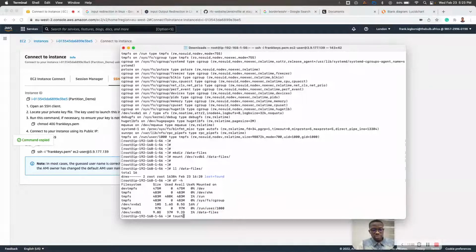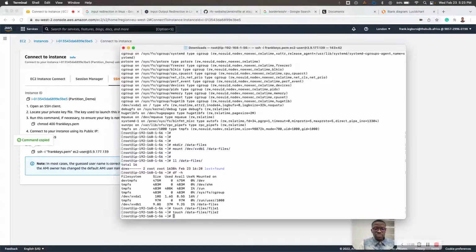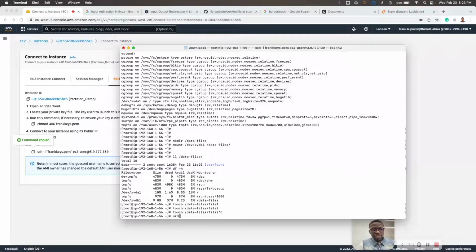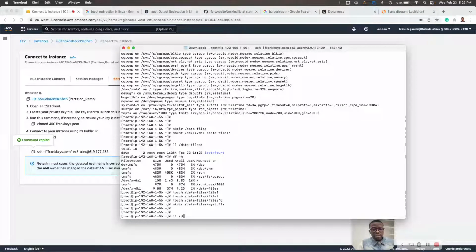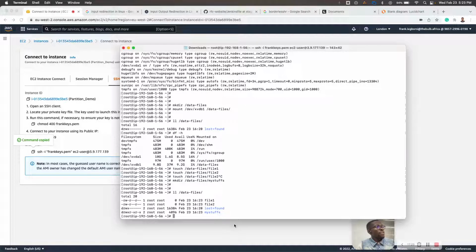So let me say touch file one, file two. I can make a directory, mkdir /data-files, my stuff. So I can check the directory. I can do a directory listing of where my file is located. All right, my partition is mounted, but so far these files are not persistent,